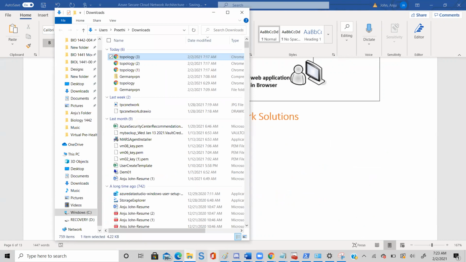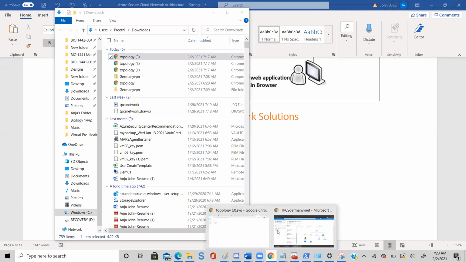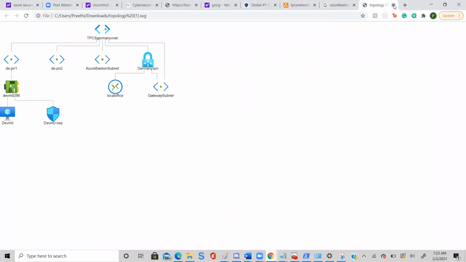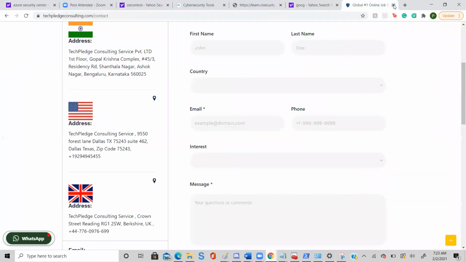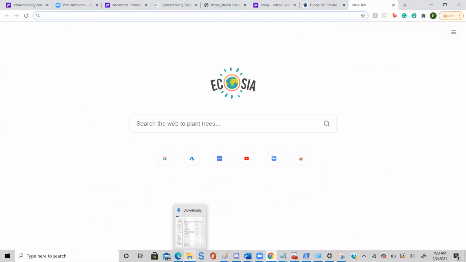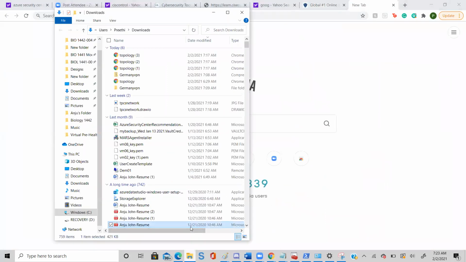If not, then we can go here. We can close, close, close. I think you downloaded already, Preeti, no? Yeah, this one, GPS network. Yeah, exactly.